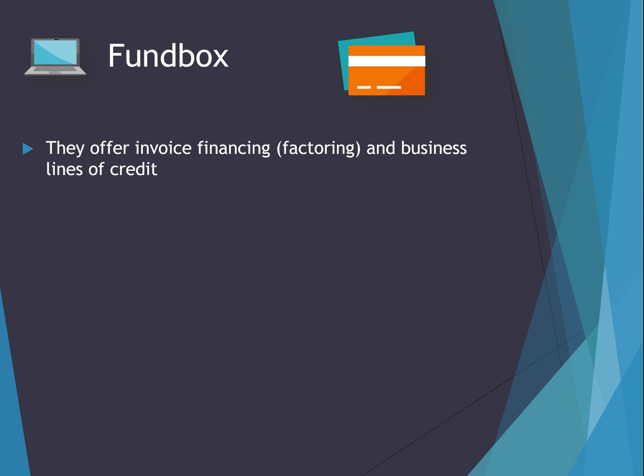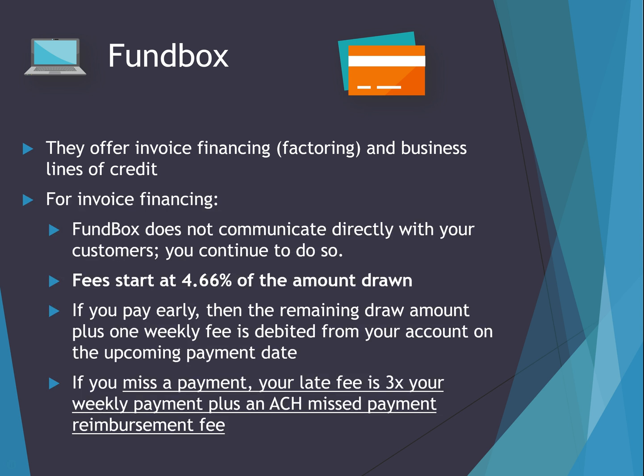Let's take a good look at Fundbox next. They offer invoice financing, factoring, and business lines of credit. For invoice financing, Fundbox does not communicate directly with your customers. You continue to do so. Fees start at 4.66% of the amount drawn. If you pay early, then the remaining draw amount plus 1 weekly fee is debited from your account on the upcoming payment date. If you miss a payment, your late fee is 3 times your weekly payment plus an ACH